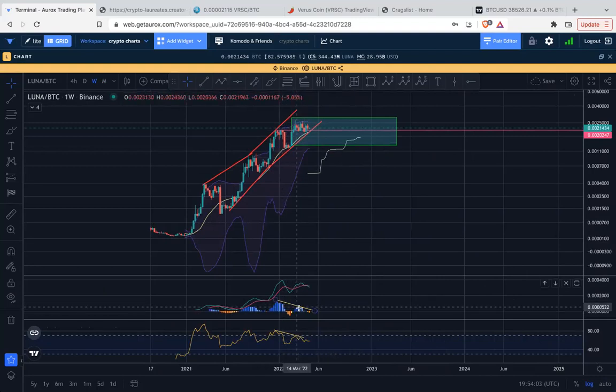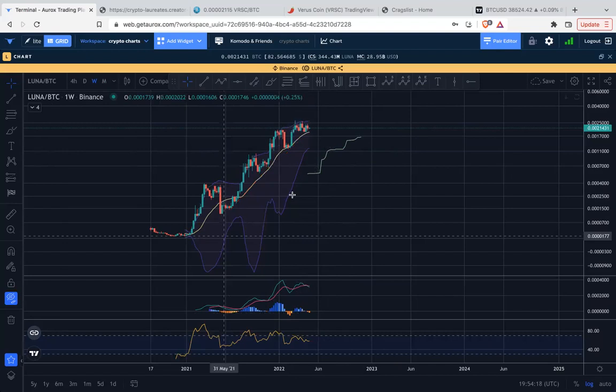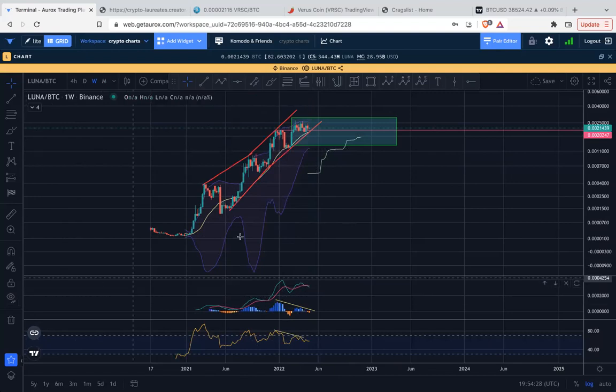Okay, so we have the divergence. It's starting to play out here. We're going to get negative momentum. We're going to break down this channel, this uptrend, sorry, I should say. And we've got this horizontal level here that corresponds also with the lower end of the Bollinger Band down here in this price level area of support and resistance. So there you go. Let's see what happens. That's the weekly for